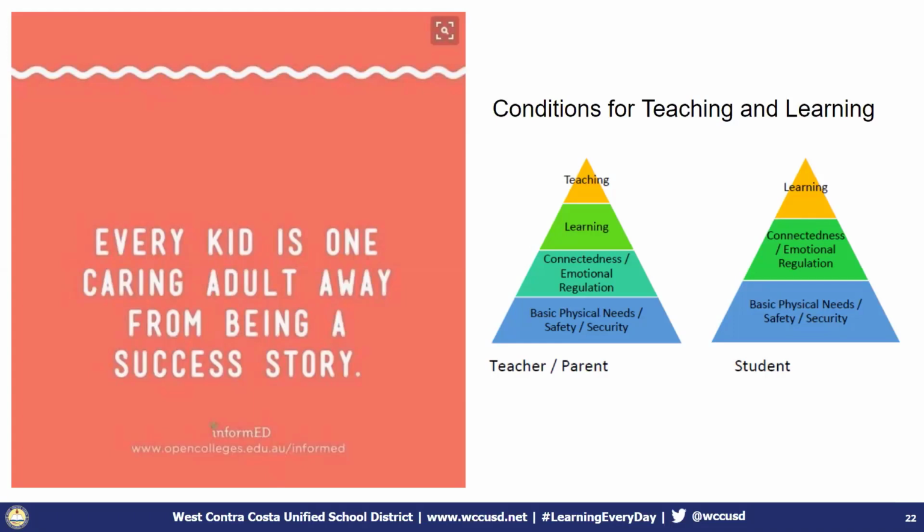If we're at the school building, we would need to know, is it safe to be there? We're in a pandemic, right? So those are important things that we're going to be working on. And hopefully you're in meetings with your sites, buildings, managers to kind of know of what that looks like if you do need to go into the building. The second part of the triangle for both are connectedness with emotional regulation, right? So just having that opportunity to connect, to feel like you're a part of, right?